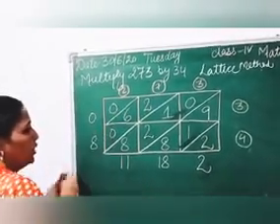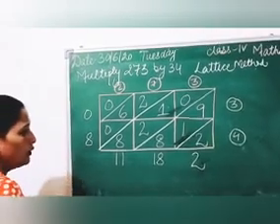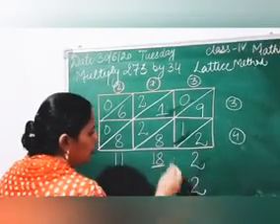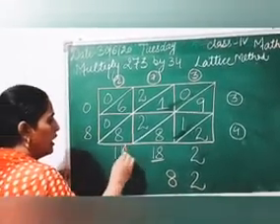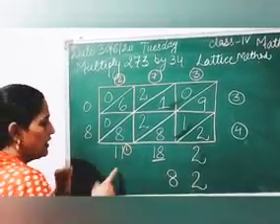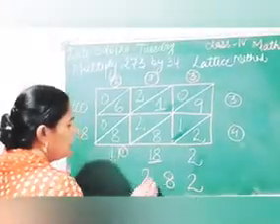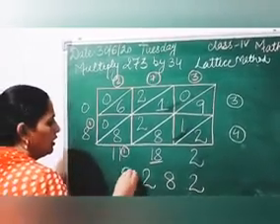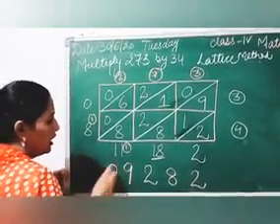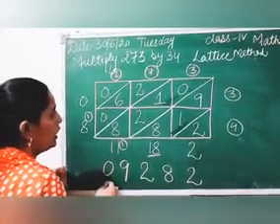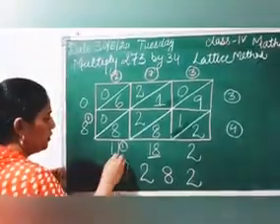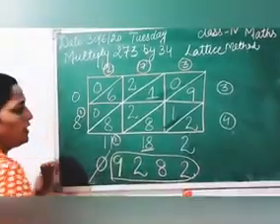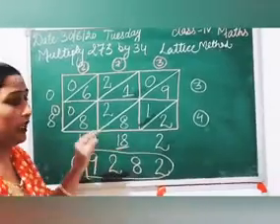Here is 0. So how will we get our answer? See here carefully. This 2 will be written as it is. Here is 18, but we will write only 8 and 1 will be carried to 11. Yes, 11 plus 1 is 12. Again 1 is carried, it will be carried to this 8. 8 and 1 is 9, and this 0 will be written. And before the product we do not write any 0, so we will not write this. So we get 9282 as the product using the lattice method.